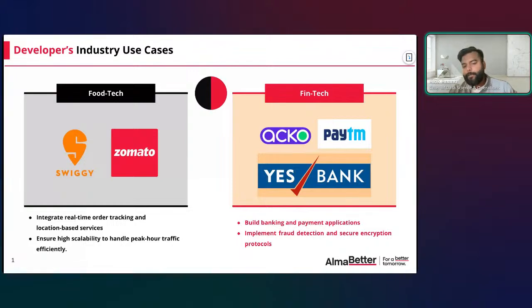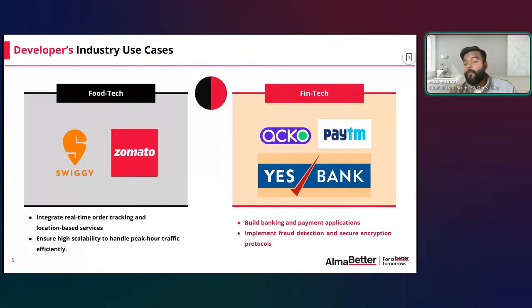Let's say next is fintech. When I talk about fintech, you can understand the security level. Whenever it comes to finance, banking, or the whole fintech domain, security is super, super important. You have to be very clear about security, about whatever you write, and how your cloud-based system should be optimized. All those things have to be very clearly understood, so that your overall application is secure enough for the user to use. Otherwise, the trust itself will go. Now, implementing fraud detection and securing encryption protocols. To make it secure, you put in the encryption system. All those things.